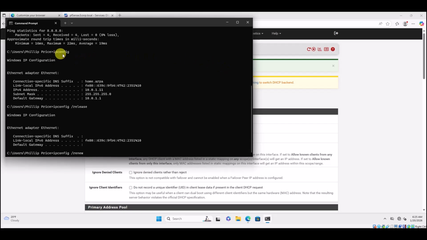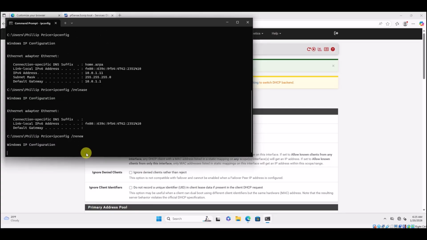And what those commands were: first, ipconfig /release. That is letting that IP address go. And then we want to run ipconfig /renew. So now what we should get is that static IP address. So we released that lease of